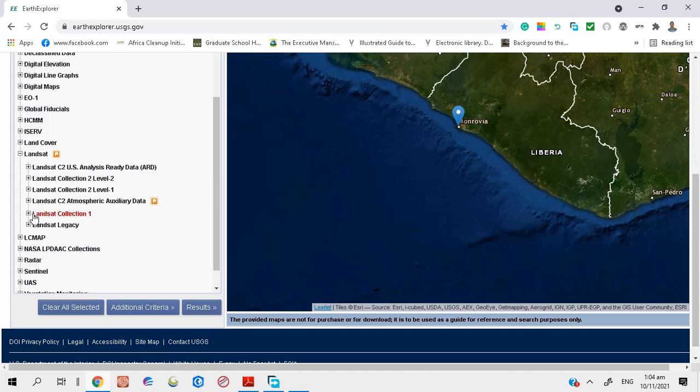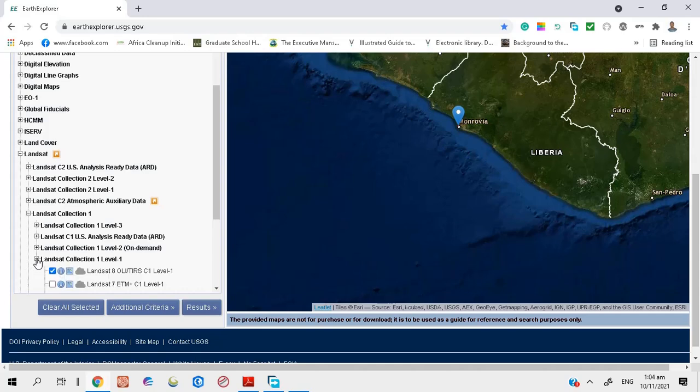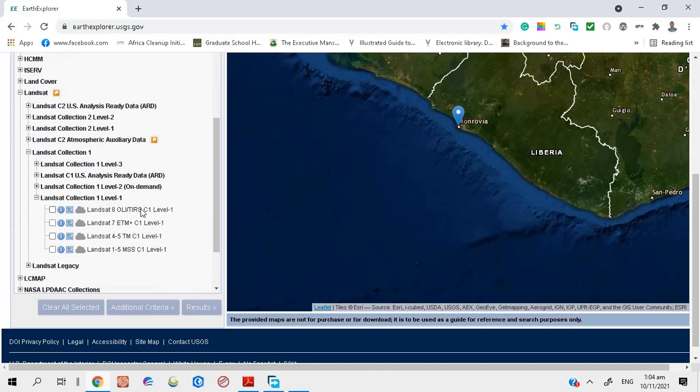So I come here to Landsat collection 1. I click the plus on, and then I come here, Landsat collection 1, level 1. I also click the plus sign. Okay, I'm interested in Landsat 8 because there are several options here. Landsat 8, Landsat 7, Landsat 4-5 TM, and the rest of them. But what I'm interested in is Landsat 8. So I click in this box,